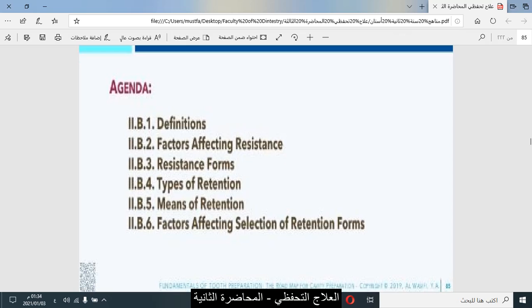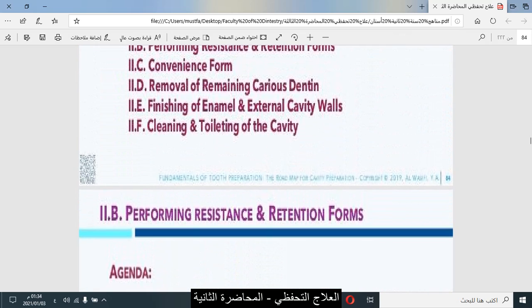Performing resistance and retention form, we have to stop here at the performing resistance and retention form, and then we have to